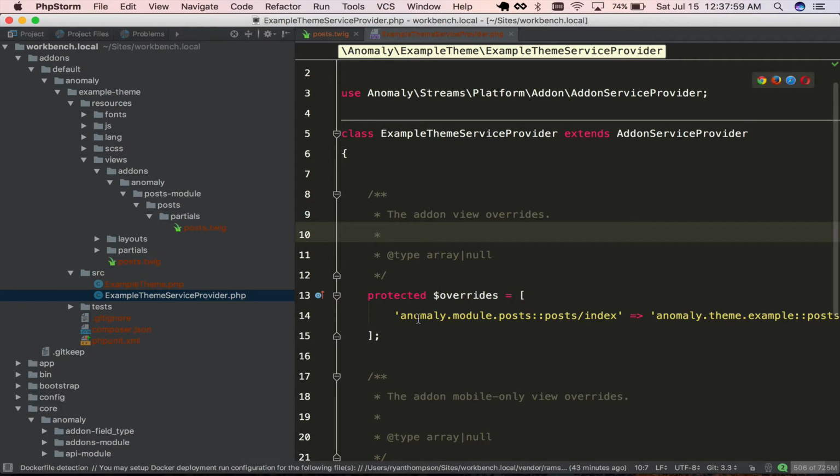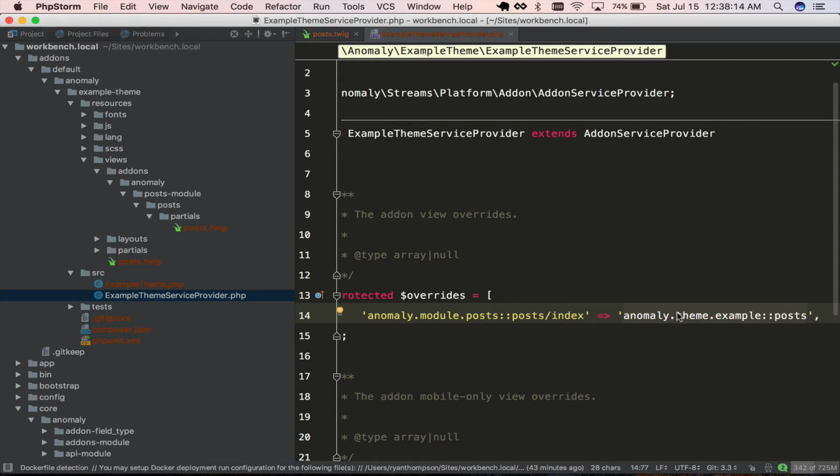All we're doing is, it's a key value array for the overrides property, and it's the path to the view as the add-on would be using it, and then the path to the view that we want to override that with. In this case, it's within our theme, right within our views directory, and it's called posts. So if we open this up,